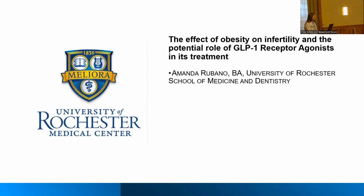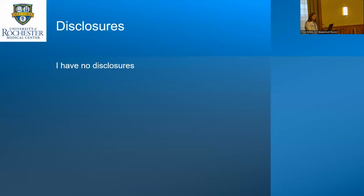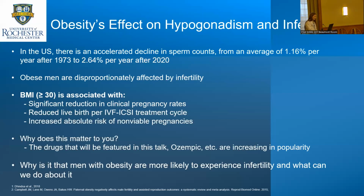Hi, I'm Amanda. I'm really appreciative to be here, and I will be talking today about the effect of obesity on infertility and the potential role of the GLP-1 receptor agonists, what we know commonly as Ozempic, and what they can potentially do. I have no disclosures, so let's begin by acknowledging that infertility is globally on the rise, and